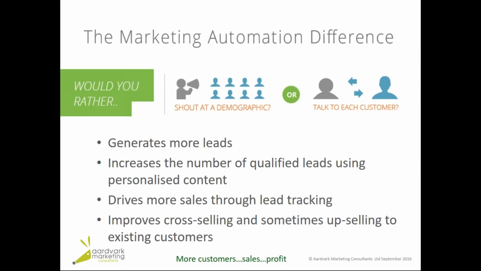So if we look at those major points for having a system, you can generate more leads, because you can start identifying anonymous website visitors. So instead of just using Google Analytics to tell you you've got so many people looking at particular pages in your website, you know who that person is and you know which particular page they're looking at. You can capture their data by asking them to fill in a form with some basic information about themselves, and so you're filling up your sales funnel constantly, and that's happening 24/7, and you don't have to do that manually.